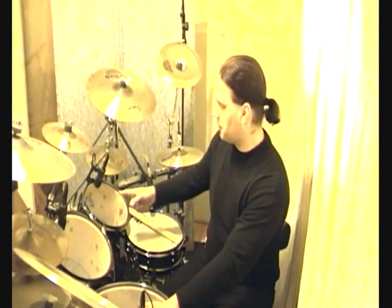So I've actually gone back to a very standard 5-piece. The only problem is with the way this camera's set up, you can't see the floor tom, but it's here. Because the distances are smaller, I felt that jump was too much of a technical leap at the moment. And also in my head, which is what I'm going to talk about in a minute,